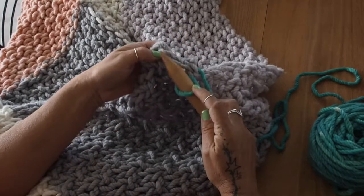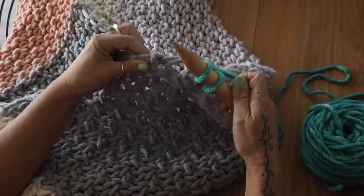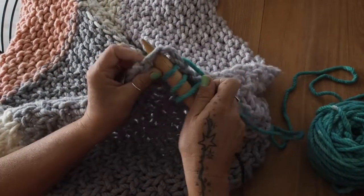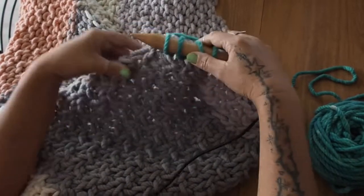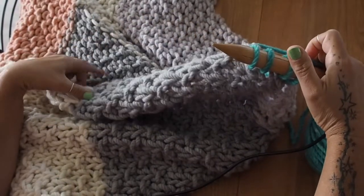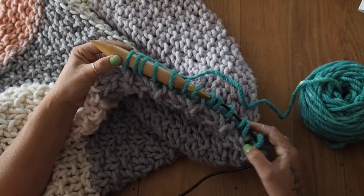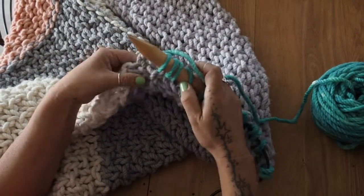So 1, 2, going to leave a bit of a gap, 3, 4. That's the method, and we're going to work our way along, and you might find that you end up with a few too many and you've got to reverse back and undo. So I'm just going to pause this video here, and I've just continued along and spared you having to watch that intricate detail. So 15,